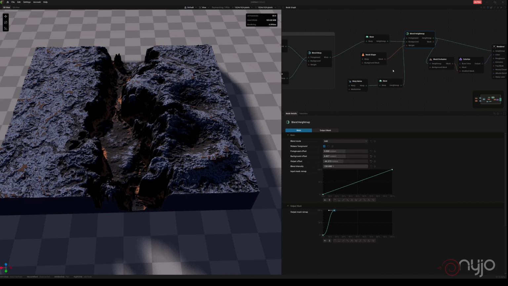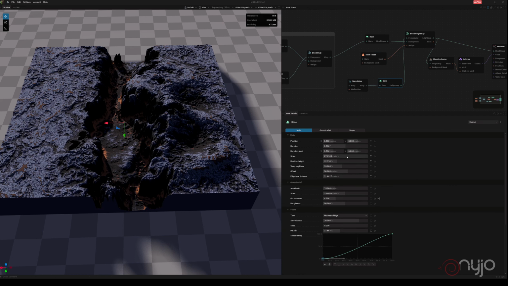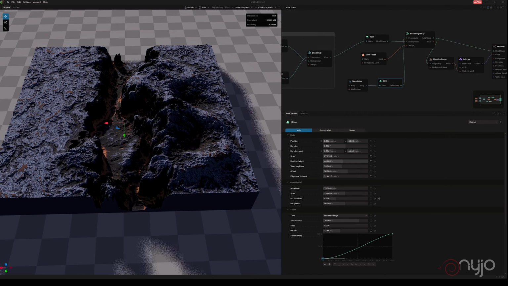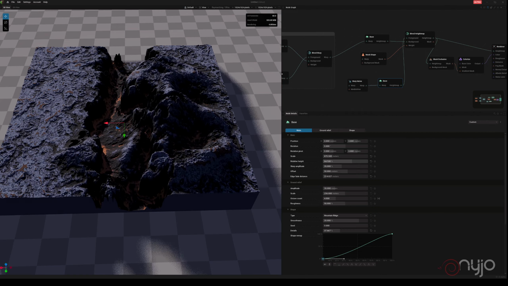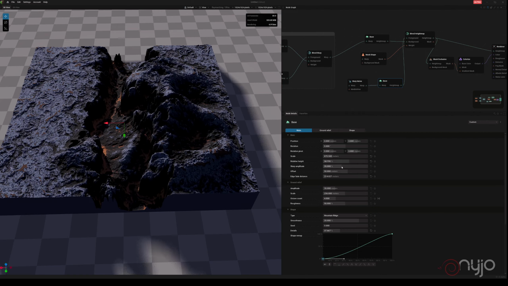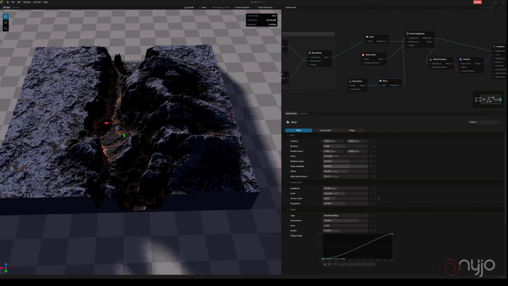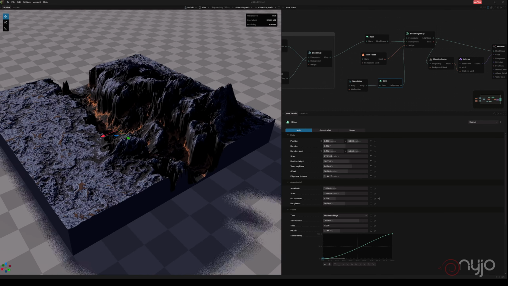For the moment, we can go with this one, and this adding the second one. So we can say, for example, that for this one the altitude is higher, and the same thing can be done with the warp. So you see that it's going to be more complex. Okay,